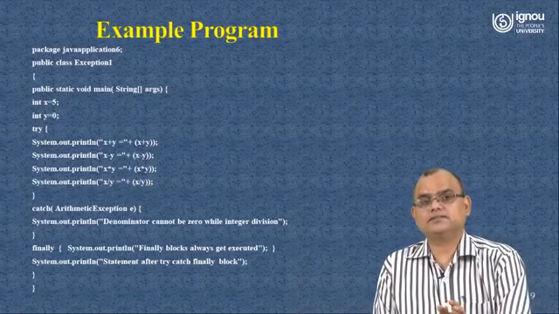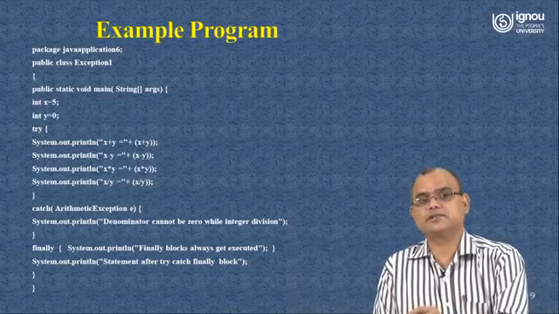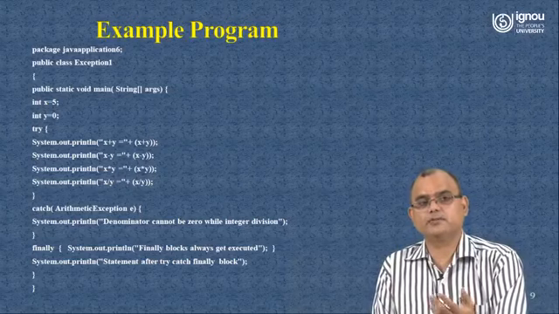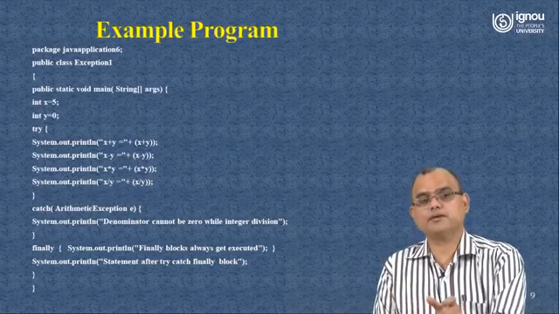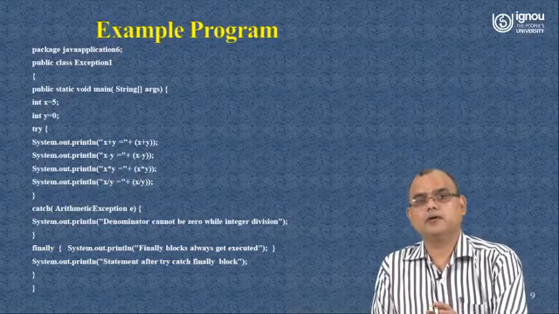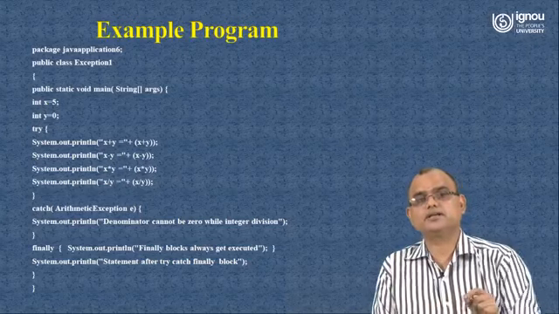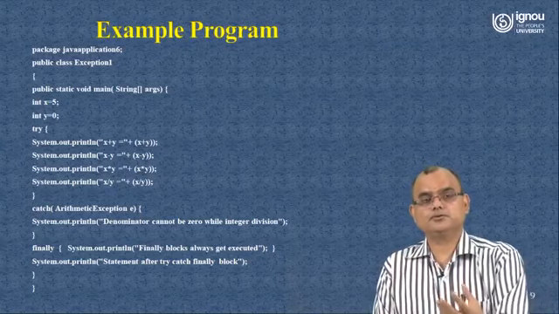Once the situation arises that you are trying to divide by 0, the arithmetic exception will be thrown, the execution of the code will not proceed further, and you will come out of the try block. In the catch block, if you have provision for handling the exception, you will be able to handle that sequence of events, and then finally you can do some more activities and gracefully exit from the program.